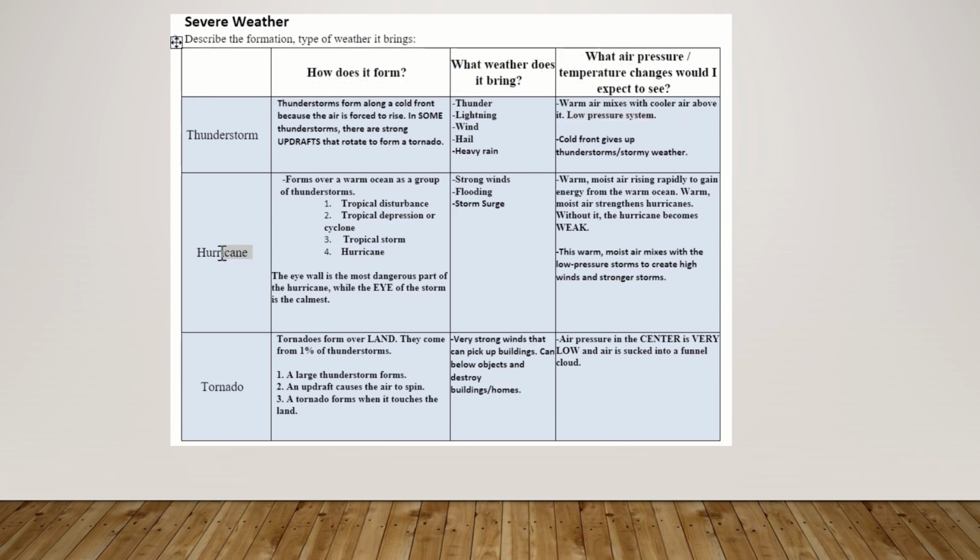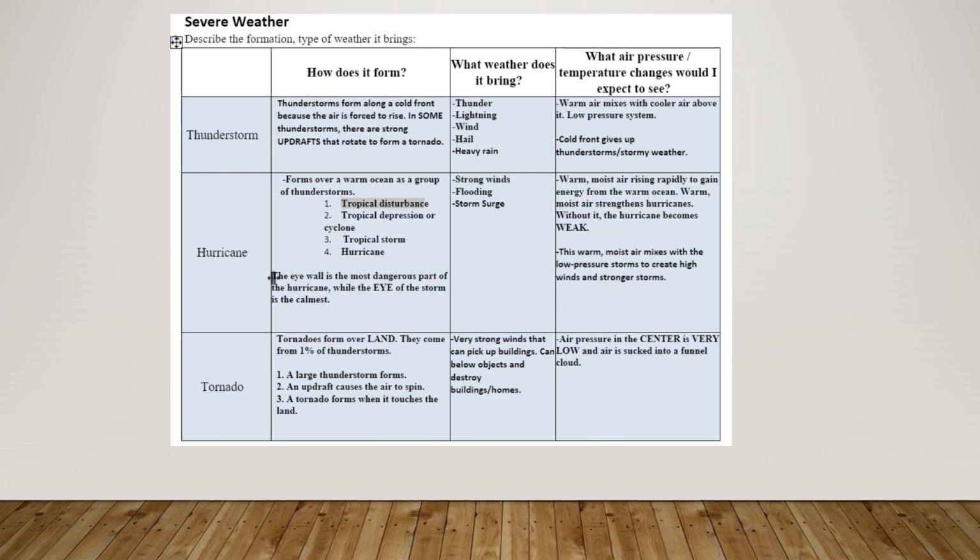Okay. Hurricanes. First of all, a hurricane has to always, forever until the end of time, form over warm ocean water. So we have our group of tropical storms or thunderstorms or disturbances that form. They're over the warm water. The warm water continues to get sucked up because the cold air is pushing it up. It starts spinning, and if it gets to a certain wind speed, it gets classified as a hurricane instead of